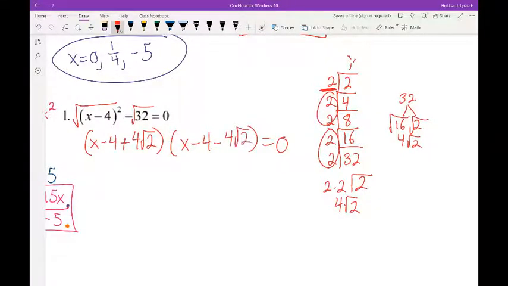Then we just set each of these equal to 0 and we would solve them. And so when you go ahead and solve them,